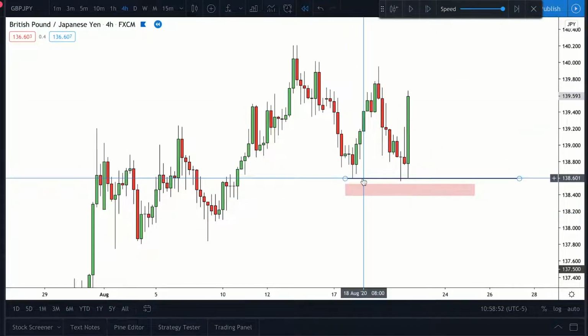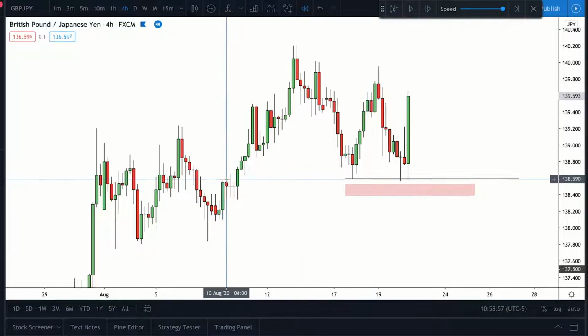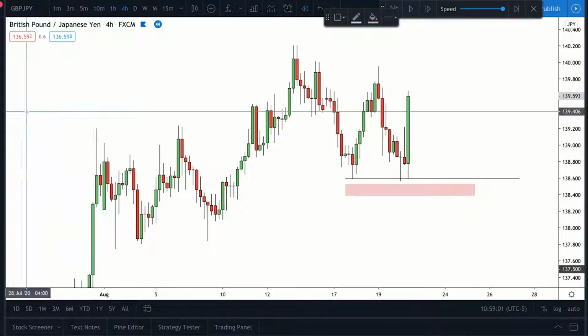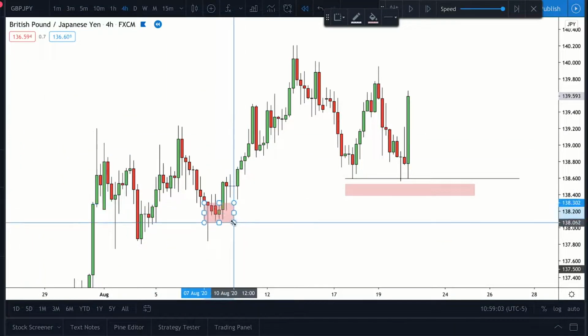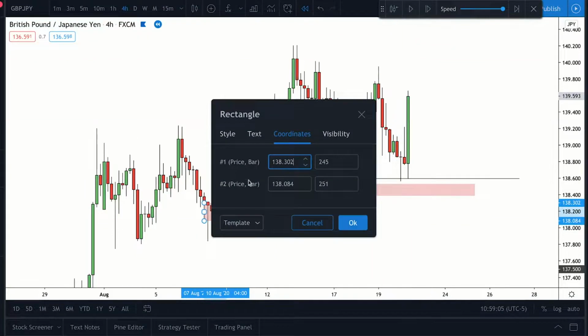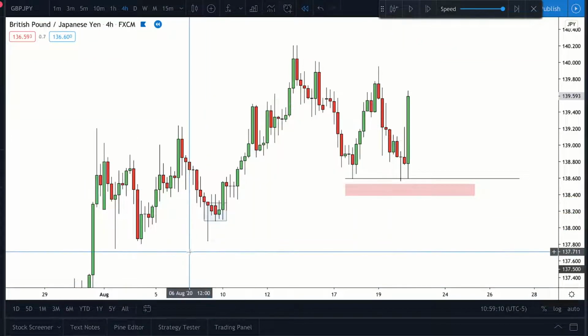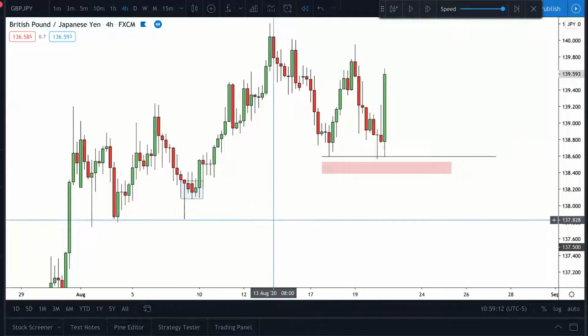So what do we have here? Not a key level, right? The 138.60 level, that's not a key level. We also don't have a demand zone over here. The demand zone in this instance is right here, this consolidation at the bottom of the movement. So what we actually want to focus on, rather than wishy-washy support points and resistance points, we want to focus on supply and demand, key levels, and market structure.